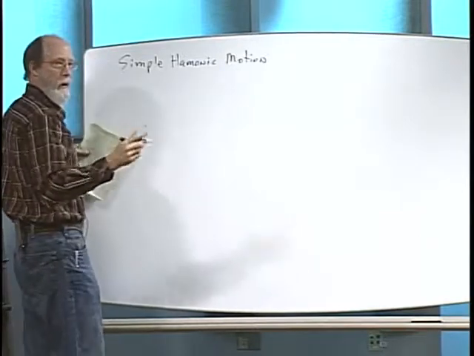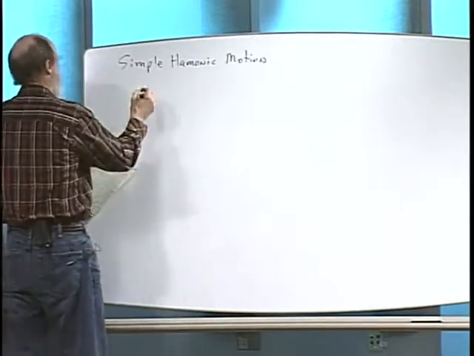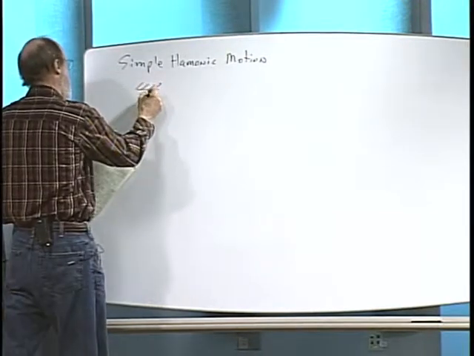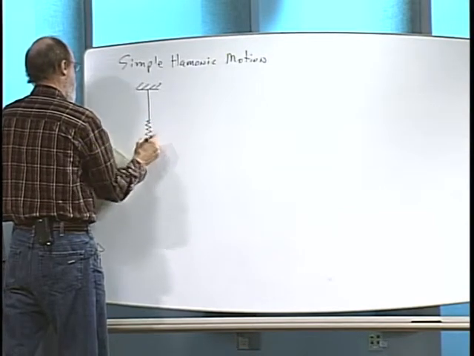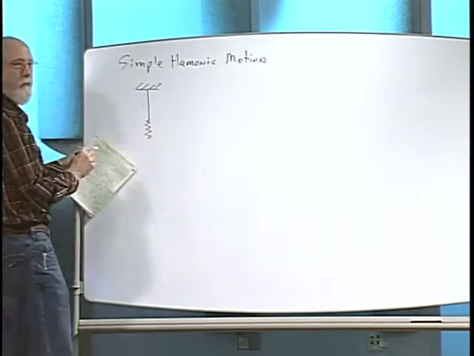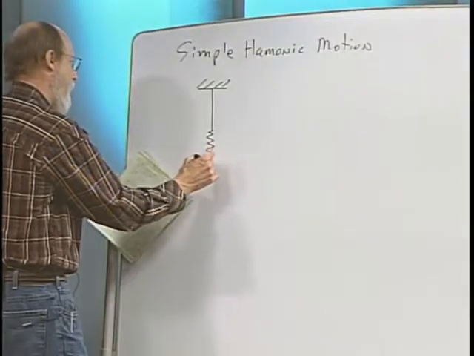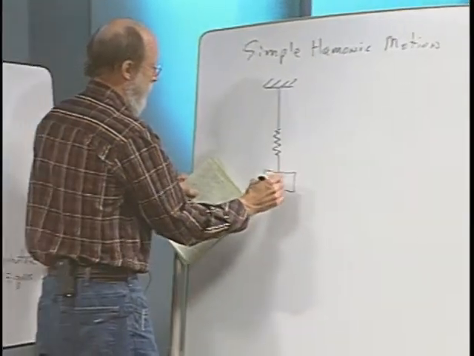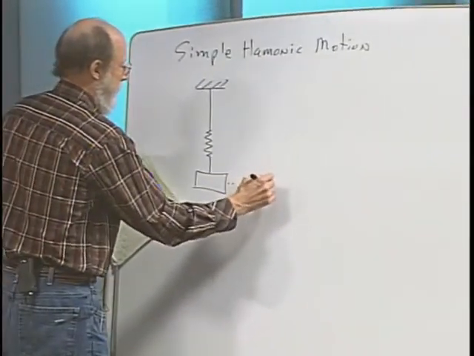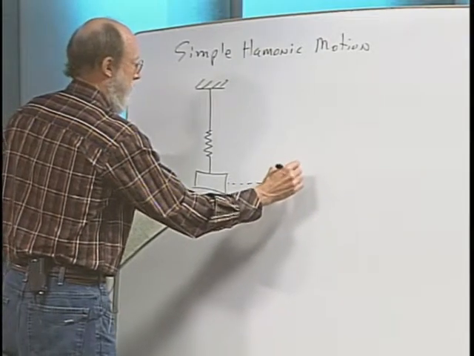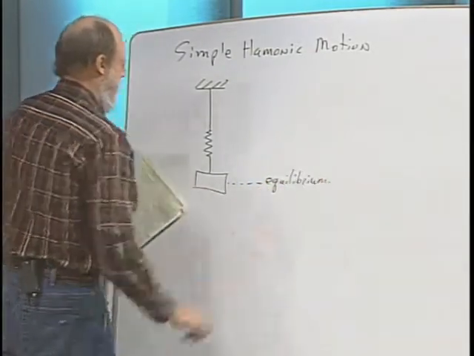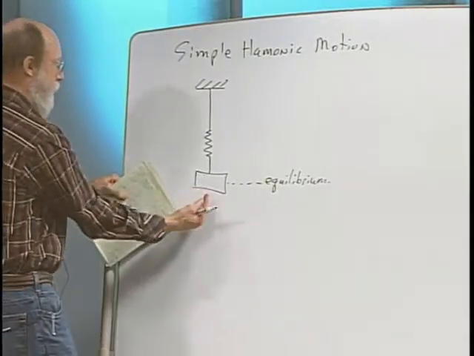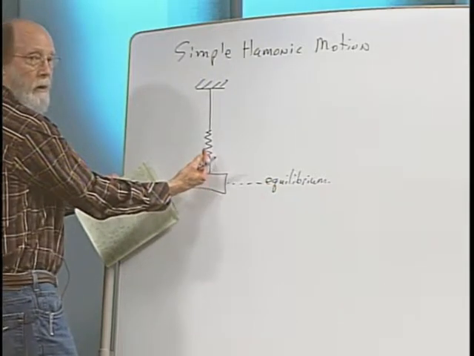The classic example would be to take something like a spring with a weight hanging from it. Springs have some sort of stiffness to them, and if you hang a weight from it, the spring is going to extend a little bit. Then it's going to be sitting here in what's called an equilibrium position. If you then push up to compress that spring a little bit,